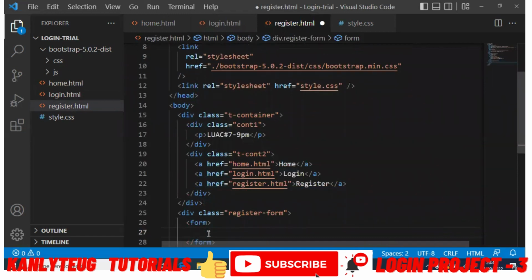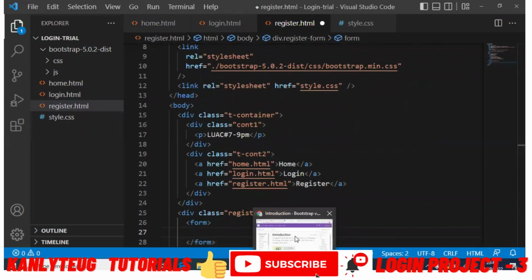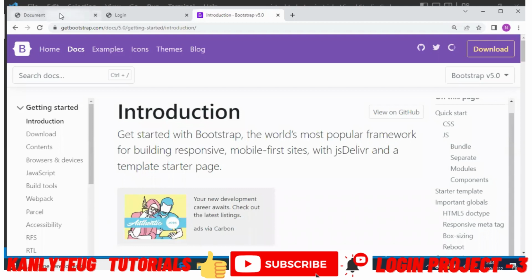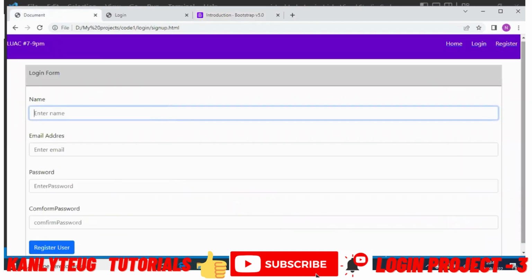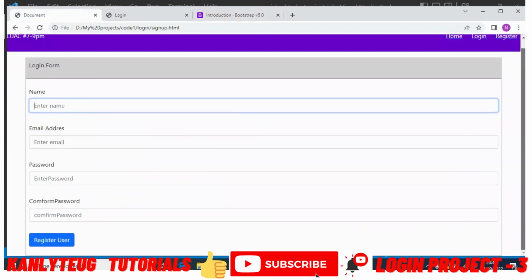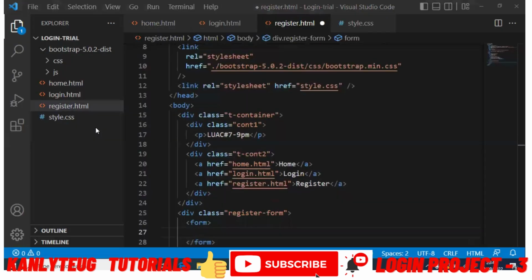Perfect. So after creating a form, let me navigate back to our concrete project, and we see here how many div sections we need to accomplish our form. That is, we need this first div, which has the login form as a title. We need a div for name, a div for email, a div for password, for confirm password, and for the button register user. That is 1, 2, 3, 4, 5, 6. So I will create 6 div sections inside our form,